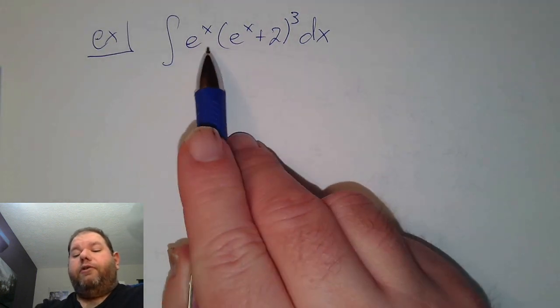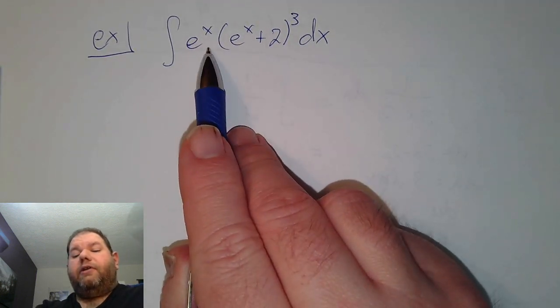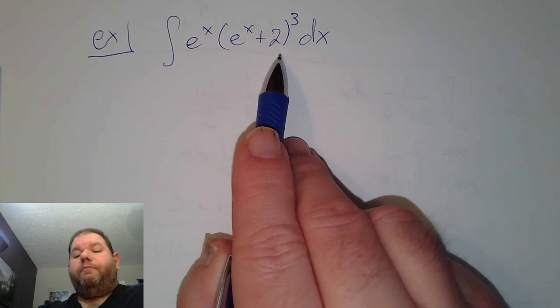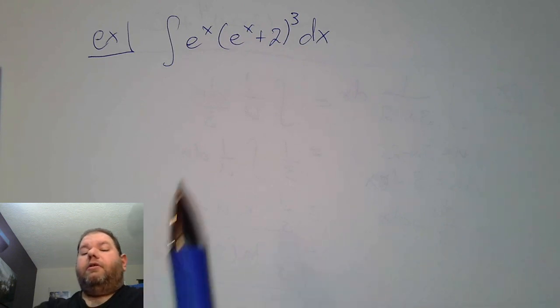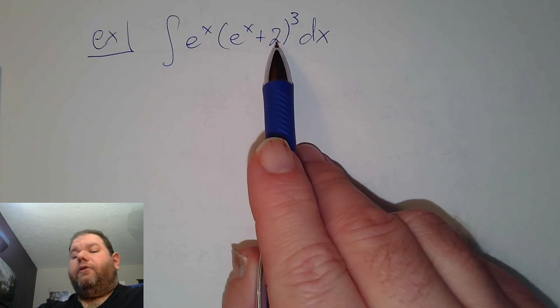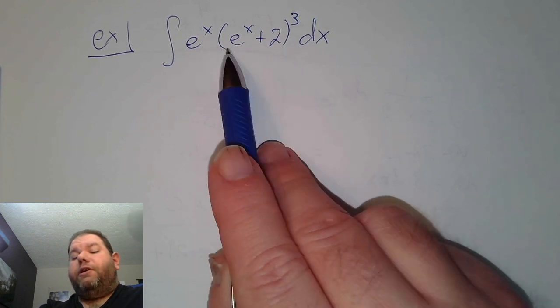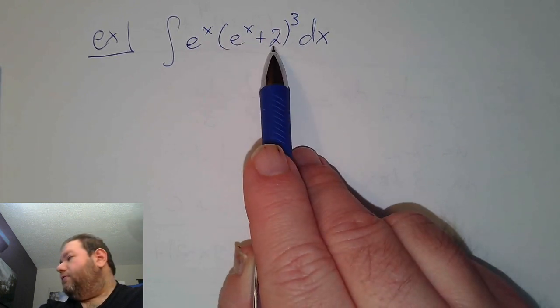We have two terms here that are present. We have e to the x and we have e to the x plus 2. So we want to look at those and think about which one is a derivative of the other. Well, we already know that e to the x is the derivative of e to the x. So if we take this expression here, e to the x plus 2,